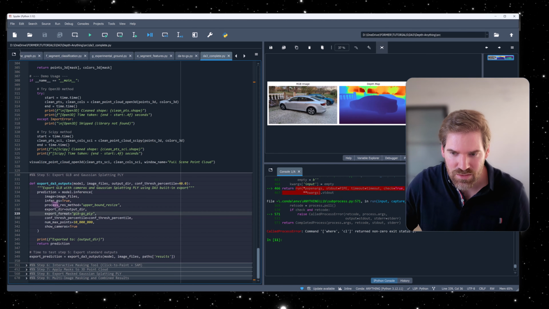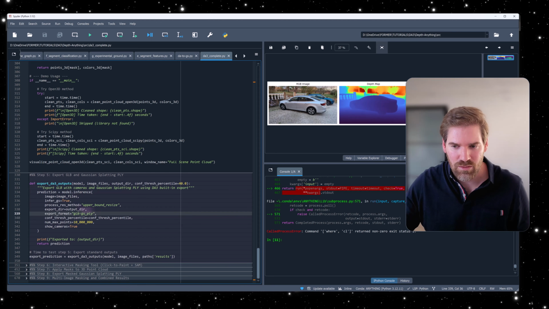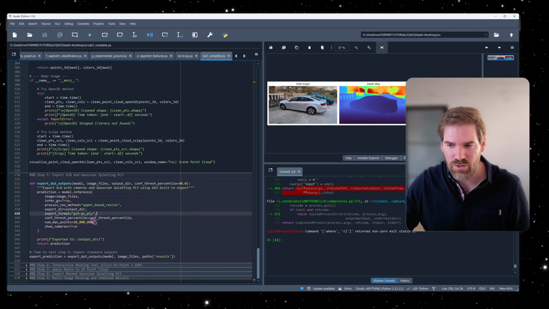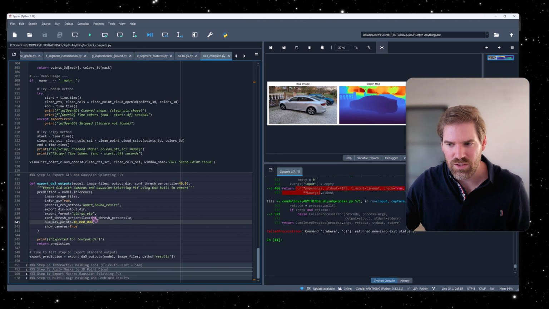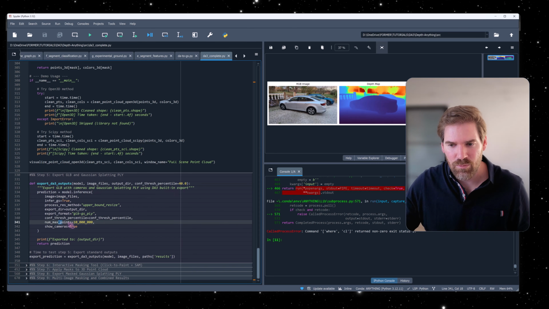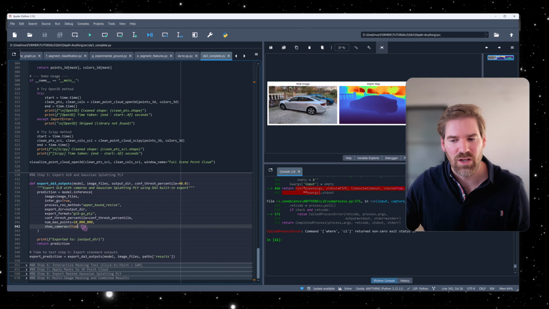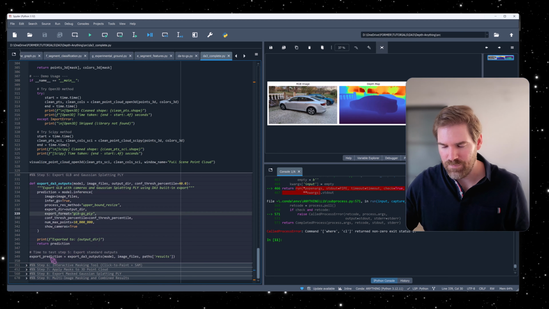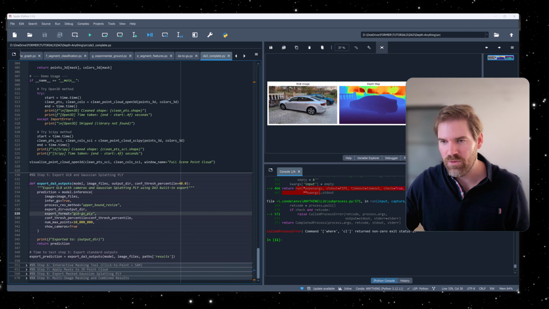My image files, if I infer Gaussian splatting, the processing method, the output directory that I configured, the thresholds, I think here it's 40%, the maximum number of points, and whether we want to show the camera. And it will export a GLB file. Okay, so this is what I did. Now if I open my folder,